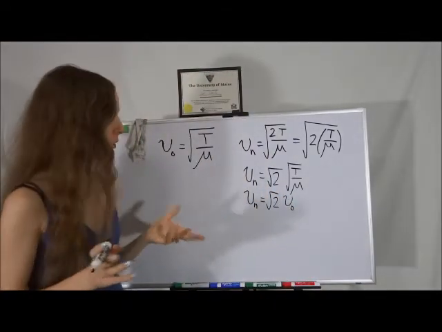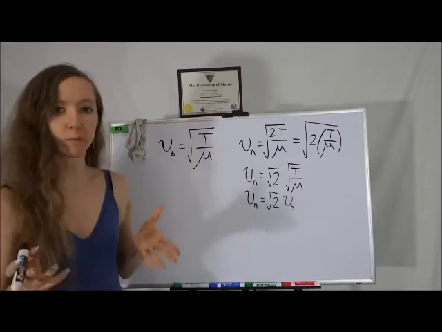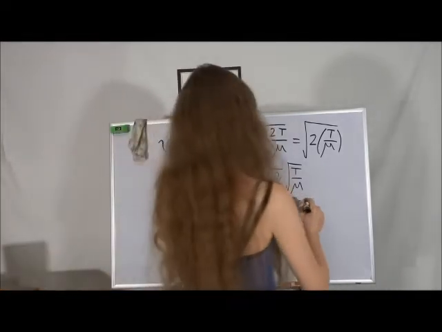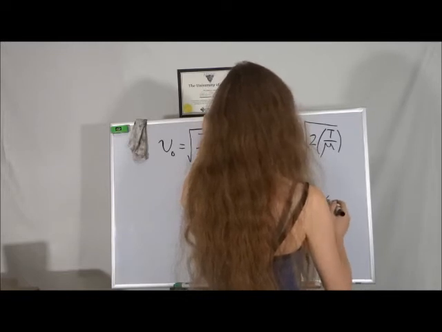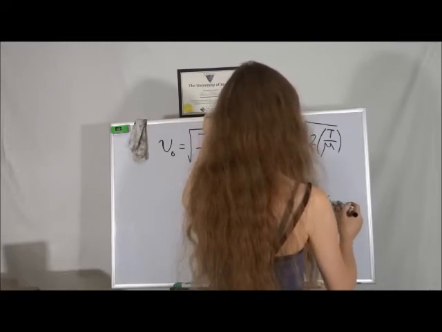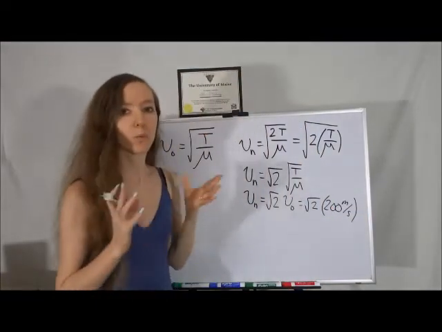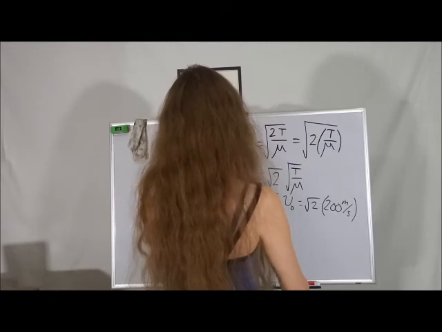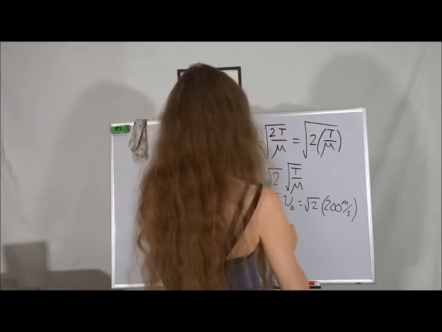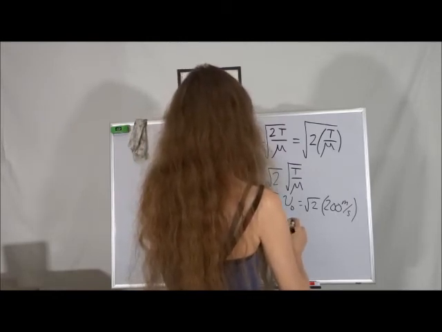The textbook told us that our original speed was 200 meters per second, so this is going to be the square root of 2 times 200 meters per second. We go ahead and multiply that, and we're going to get that our speed is equal to about 282